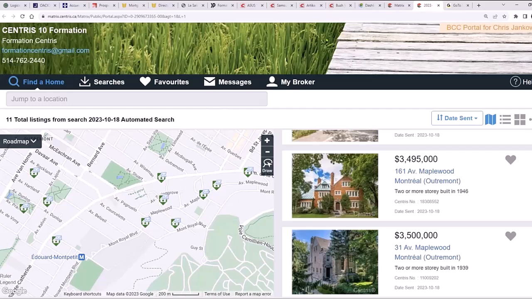If you ever want to change the banner here, or any of the corporate or personal real estate information, you can do so from within the settings of the Matrix tool.